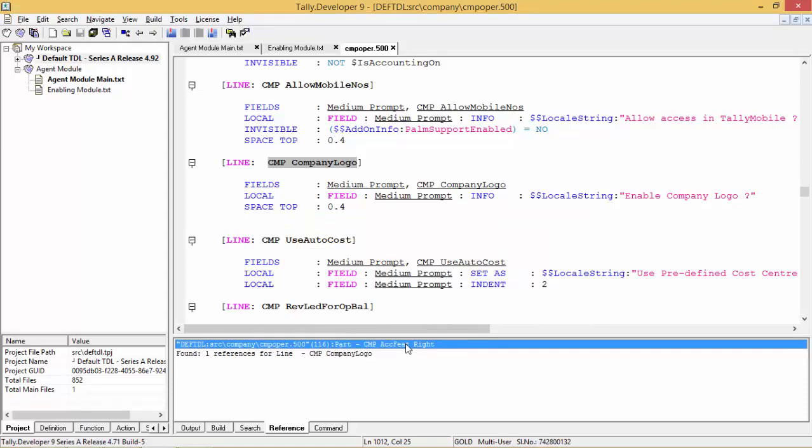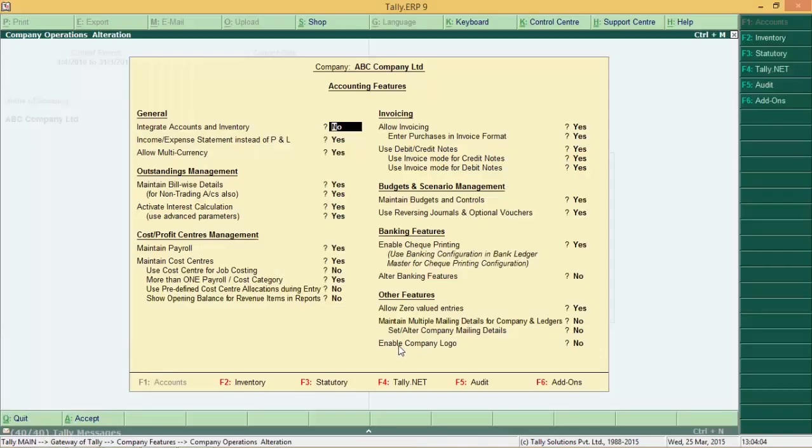Now read this part. Def TDL SRC, that is the screen. Company of, it's a company related thing. Yes, it's a company related thing. CMP, short form for company. OPR, short form for operations. Part, okay. CMP, company. ACCT feature, that is the accounting feature, right. So it's on the right side. Is it on the right side? Yes, accounting features on the right side. So you can go to this part,